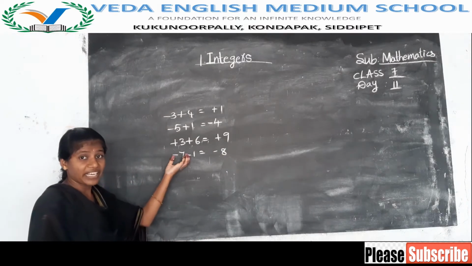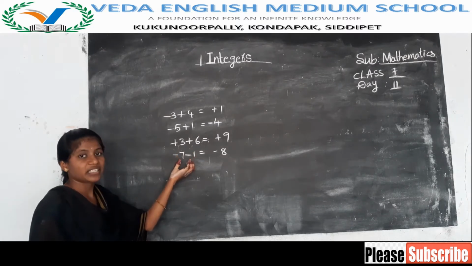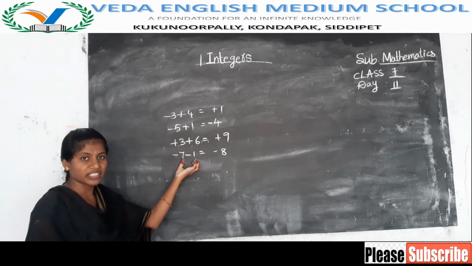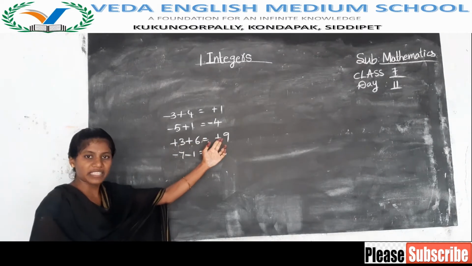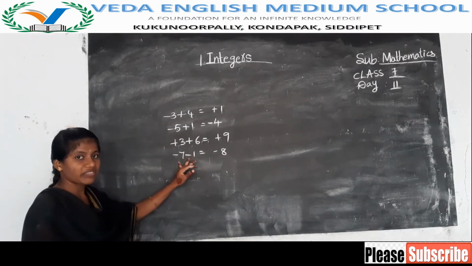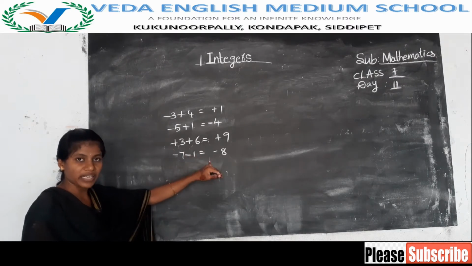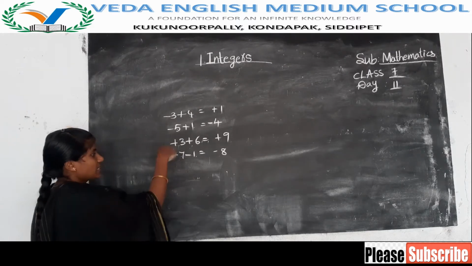They are not in brackets now. If you have them in brackets, you have to do multiplication, but they are not in brackets. These are just two negative integers. If you have two positive integers, you have to add, and it is plus 9. If you have two negative integers, you have to add. Minus 1, minus 7, minus 1, it gives minus 8 only. You have to add and write the minus symbol only. Then it is addition of integers.